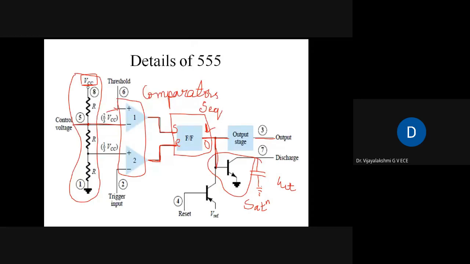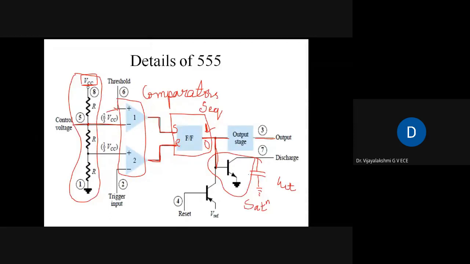As I told you in the first slide, timers are used for various applications. One of them is that it can be used as a multivibrator. When I talk about that, I will tell you the importance of this charging and discharging. As of now, please understand